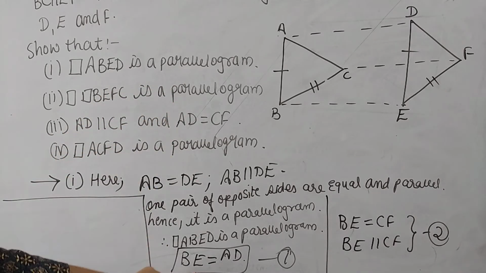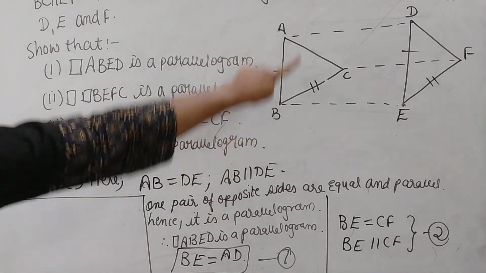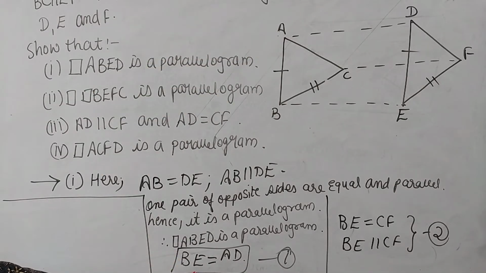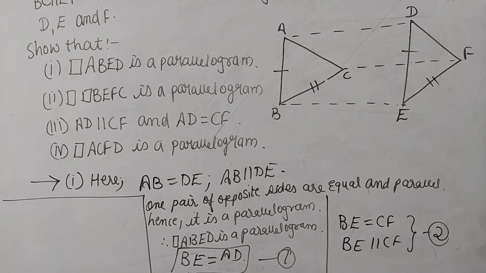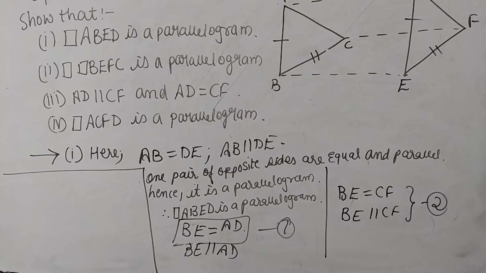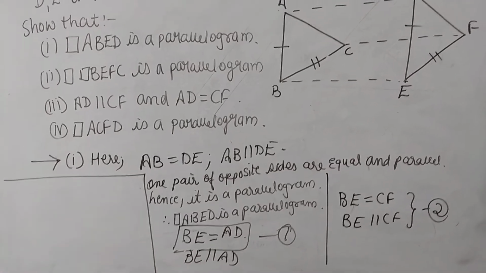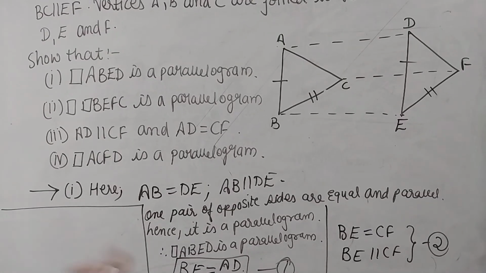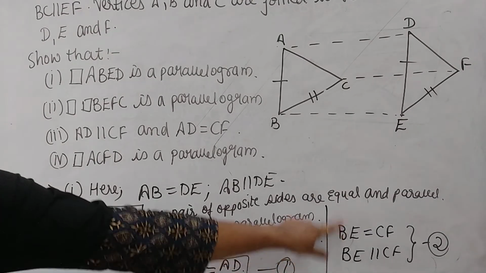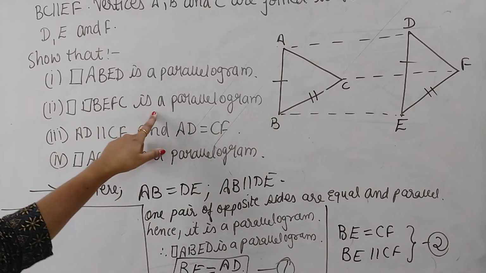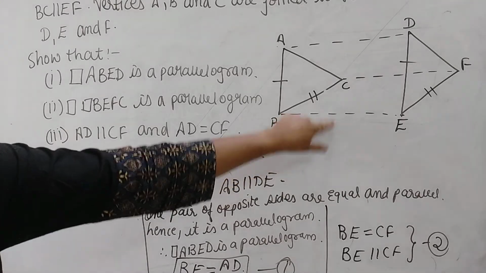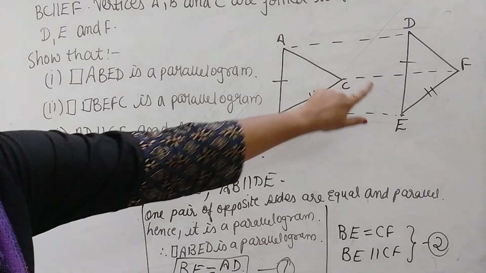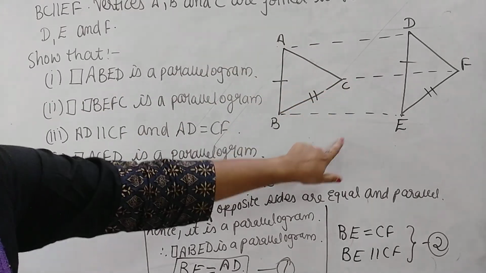I have written that BE is equal to AD. I have just mentioned its equal part. I'll write here parallel also, that is, my BE is parallel to AD. Okay, so maybe it is not visible. I'll show you, BE parallel to AD we have written. Fine. After that, on the other side, we have said that your BEFC is a parallelogram. As that was a parallelogram, therefore these opposite sides, that is BE and CF, are parallel and also equal.